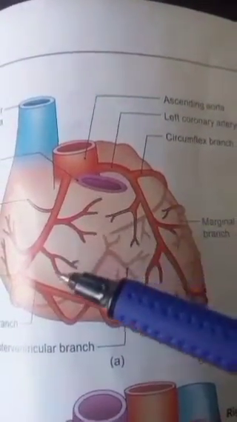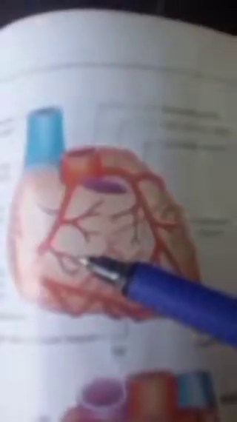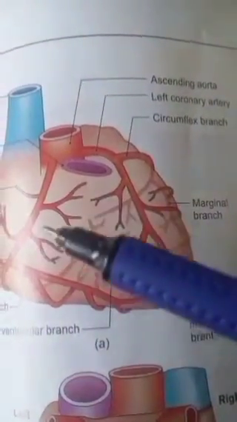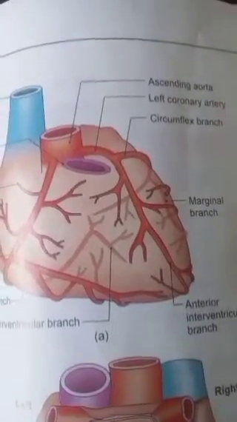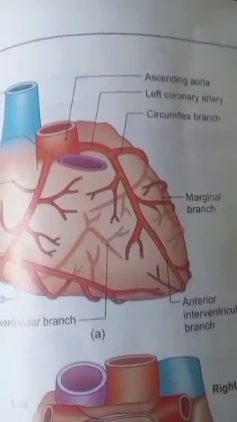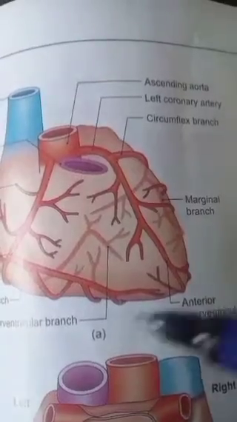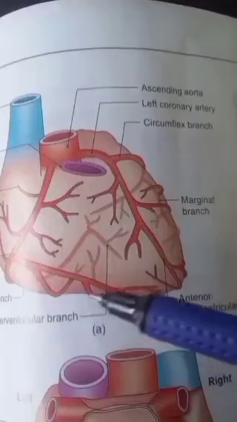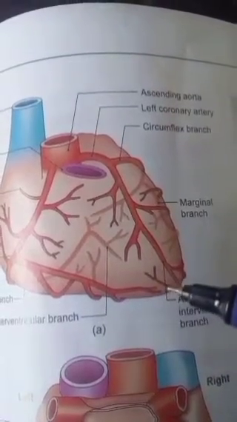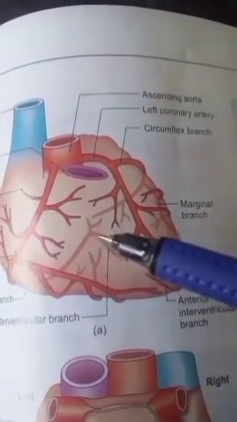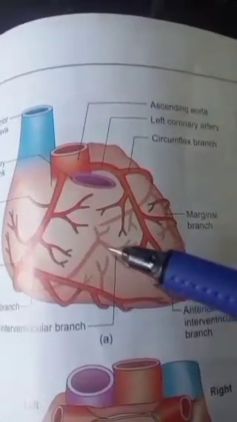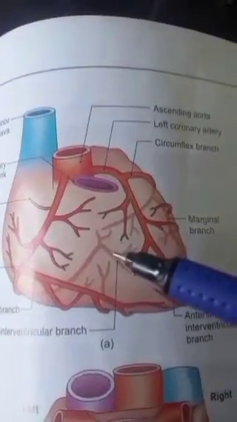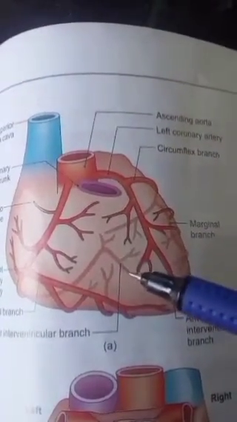Ventricular branches are in two groups, anterior and posterior. The anterior group lies on the sternocostal surface of the heart, whereas the posterior group lies on the diaphragmatic surface of the heart. The right marginal branch traverses along the inferior border of the heart up to the apex, and the posterior interventricular branch arises close to the crux of the heart. It lies in the posterior interventricular groove.